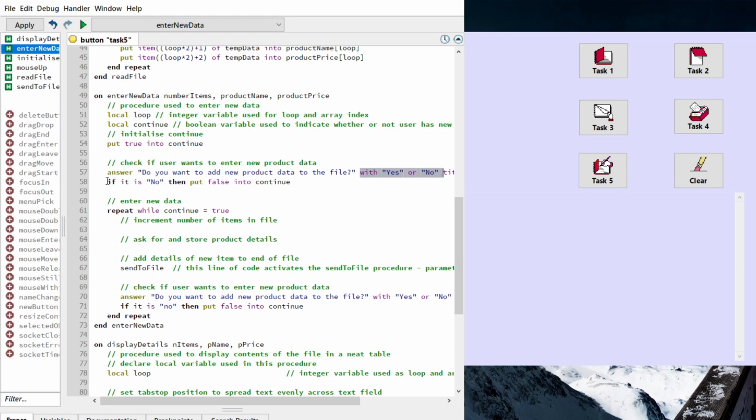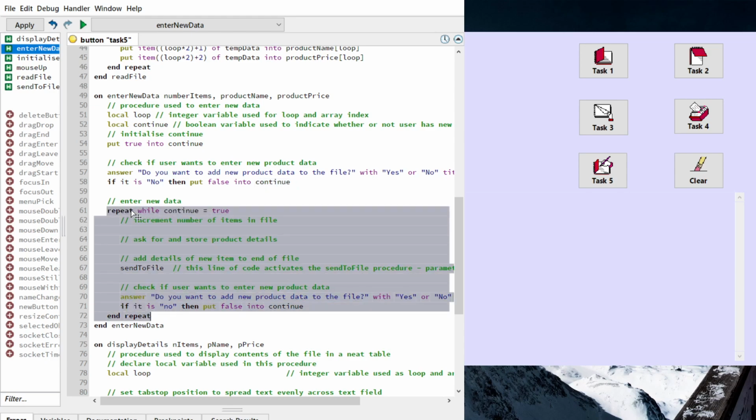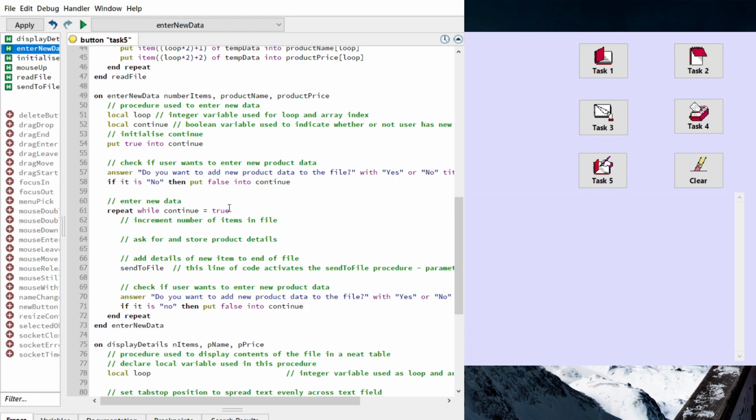And basically it's a wee if statement, so that if the user ticks the no button, it's going to change this boolean variable continue, which will be set to false, whereas up here it's been set to true, okay? So if they don't want to enter more data, it will put false into continue, and then our conditional loop here won't run because it will only run while continue is set to true, okay? So what we're going to do now is create that code. Right, so the